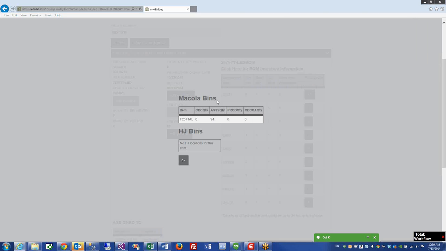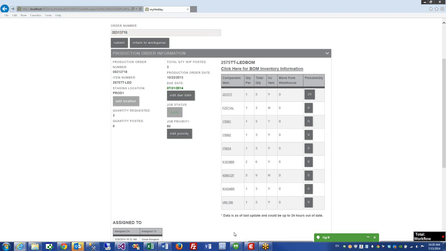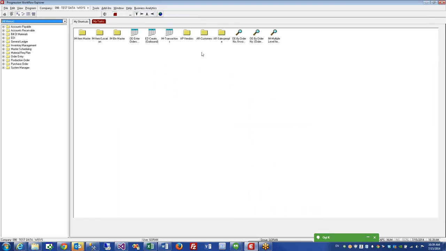This button will give me Macola bin's information. What I'm doing technically is I'm taking away from prod bin and I'm posting information to the new item. But I need to deduct the quantity for the bill of material from the prod bin. Now clearly here I can see that the prod quantity is 0. That means I have insufficient quantity to post this, and the order will not take it from assembly. So what we have to do is we're going to click OK here, go into Macola,